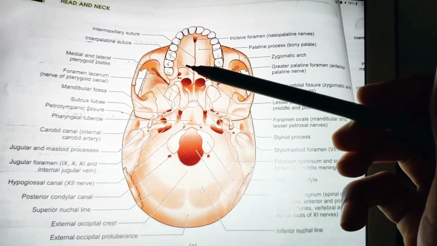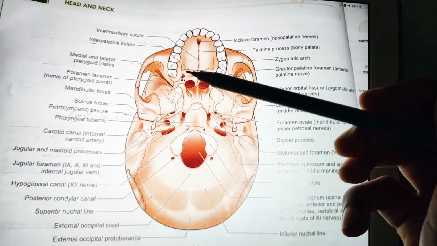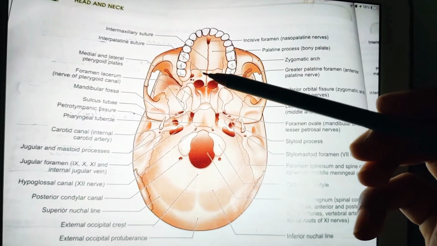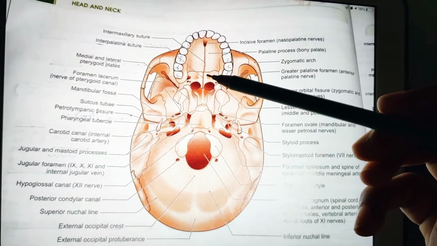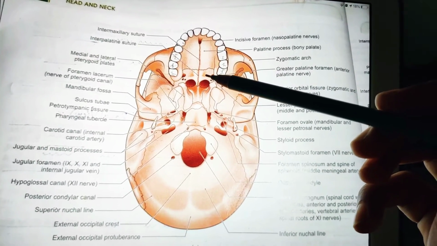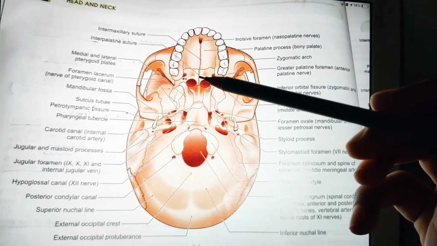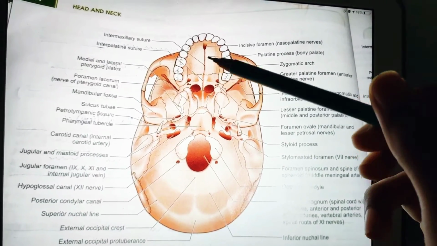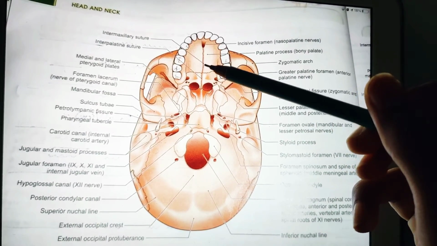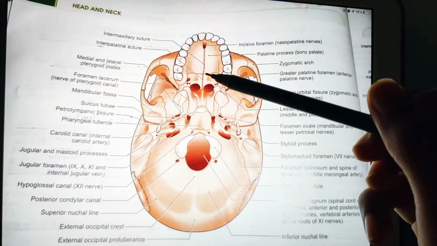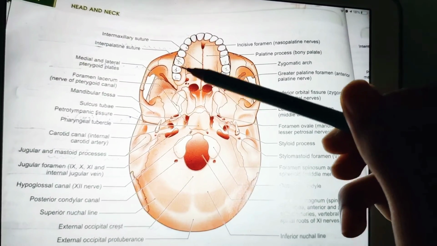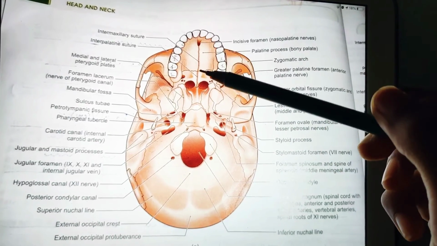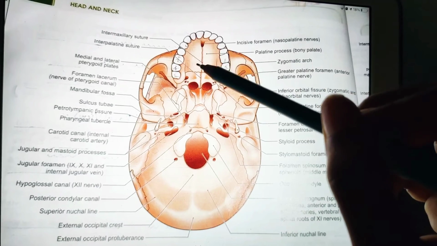The hard palate is formed by the anterior 2/3 by the palatine process of maxilla, and the posterior 1/3, which you see here, is formed by the horizontal plates of palatine bone. The palate is crossed by the cruciform suture. What is this cruciform suture? It is made up of the intermaxillary suture, interpalatine suture and palatomaxillary suture. So 3 sutures together form the cruciform suture. The dome is arched in all directions and shows many pits for the palatine glands.